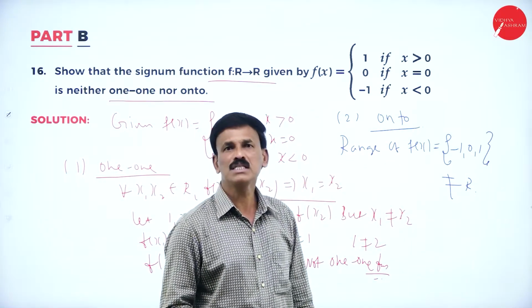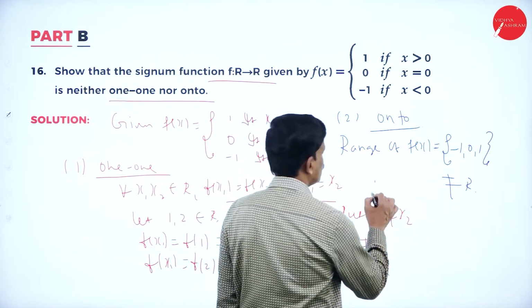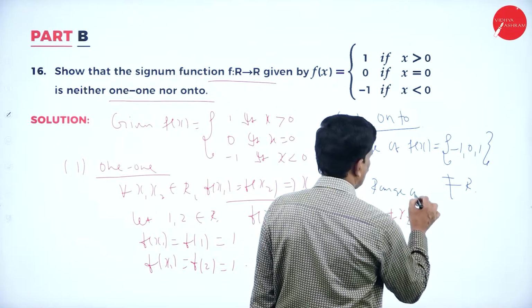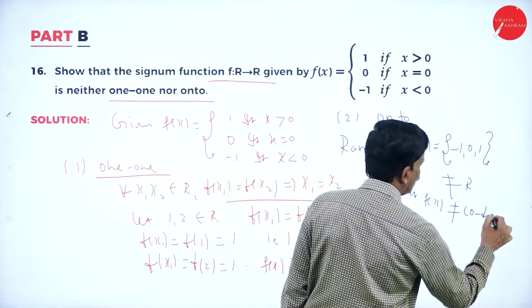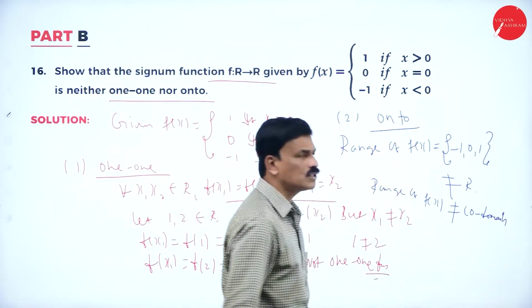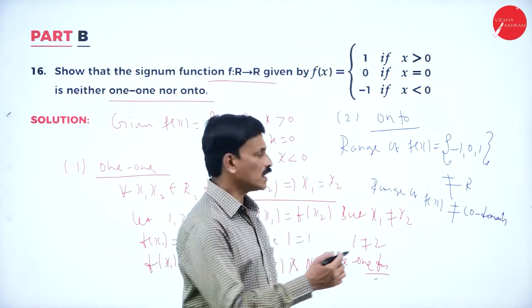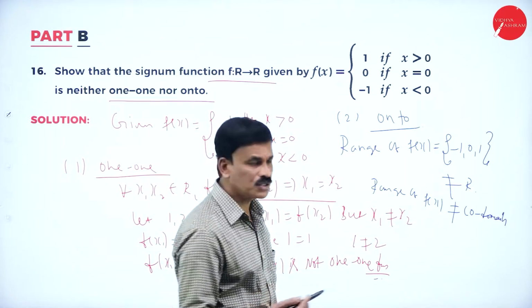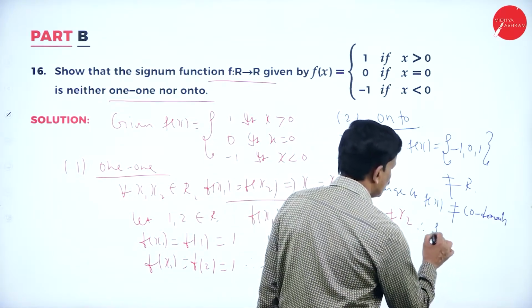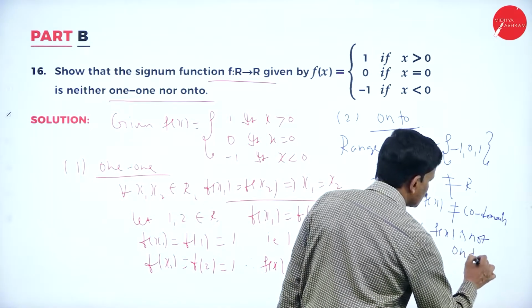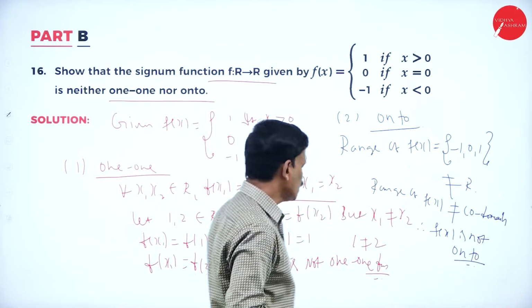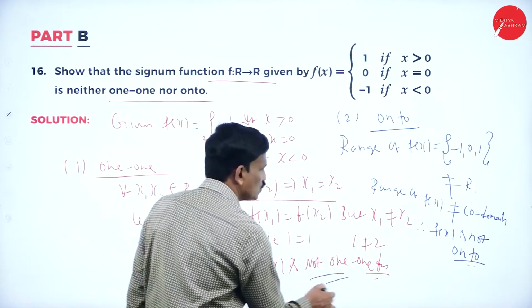Right. That means the range of f of x is not equal to the codomain. That is, the range of f of x is not equal to the codomain. That means definitely f of x is not an onto function. This is not onto. Now what do you say? f of x is not onto and not